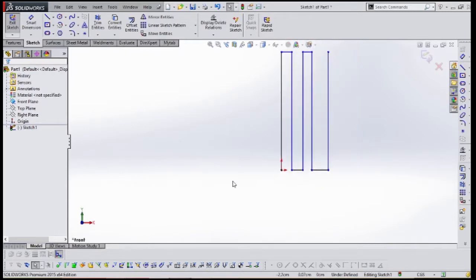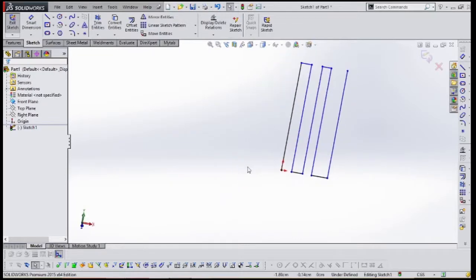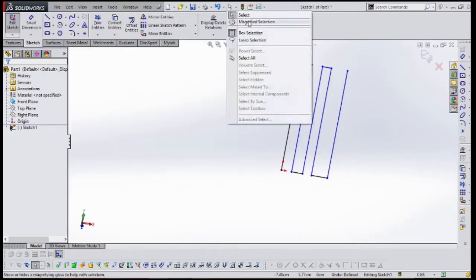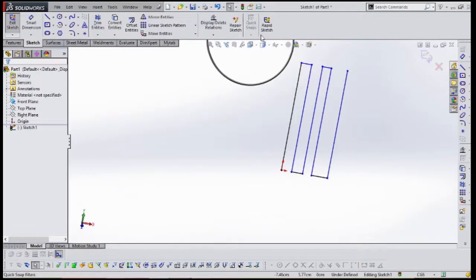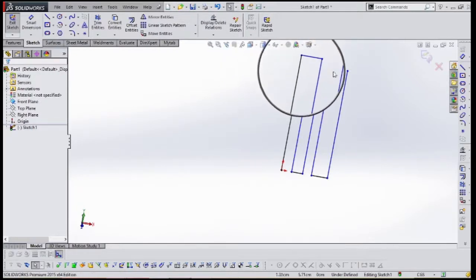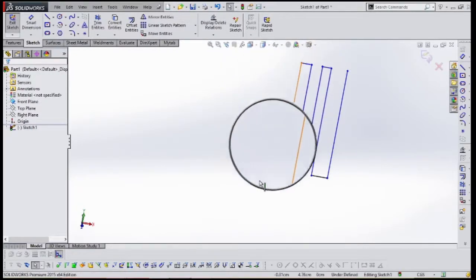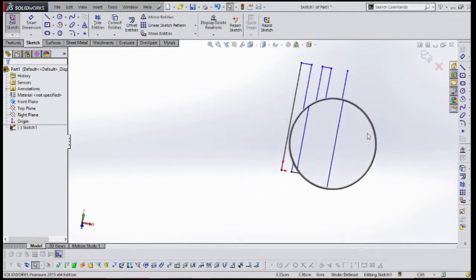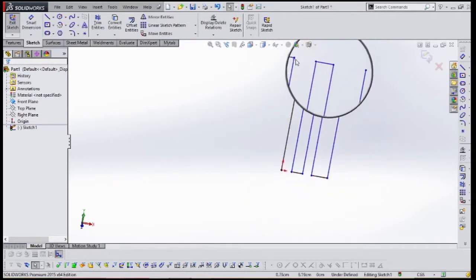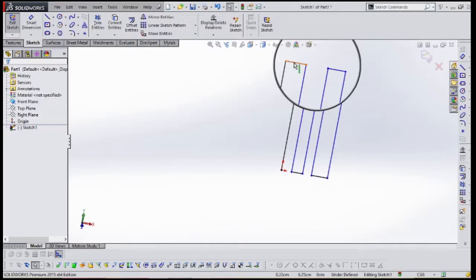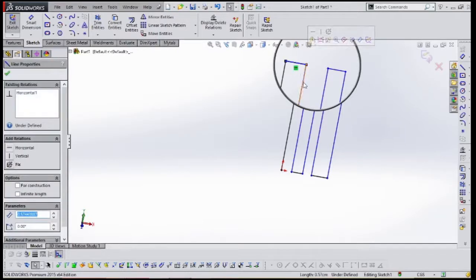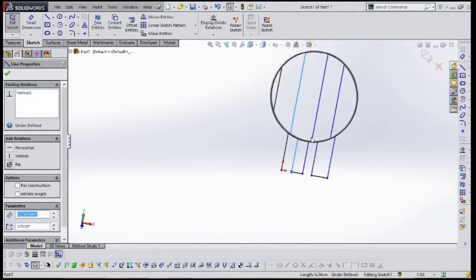So in that case you can do one thing in SolidWorks, that is here in the pointer option you will be having magnified selection, so that where you put this cursor it will be magnifying. So you can simply use this for selection of any line, of any option.